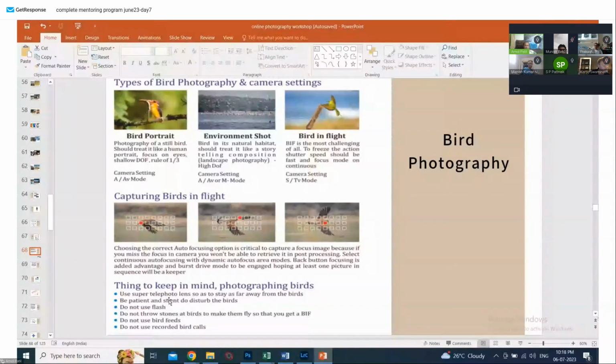You use a super telephoto lens because in bird photography, the more the zoom, the better it is. A zoom camera is also useful in bird photography because you get a lot of zoom, 100x. 100x means you get 3000, 4000, 5000 mm of focal length. Do you understand? 3000 mm of focal length in a super zoom camera, whereas in a DSLR the maximum